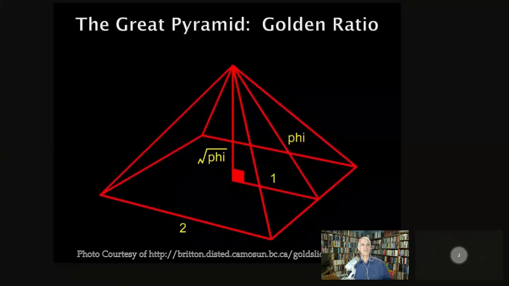That's right. That's the phi triangle I was talking about. We've got 1, and phi on the hypotenuse, and square root of phi. Now if you square each side, 1 squared plus square root of phi squared, which is phi, so 1 plus phi equals phi squared. And of course, we know that's true. That's one of the properties of the number phi, probably the most basic property.